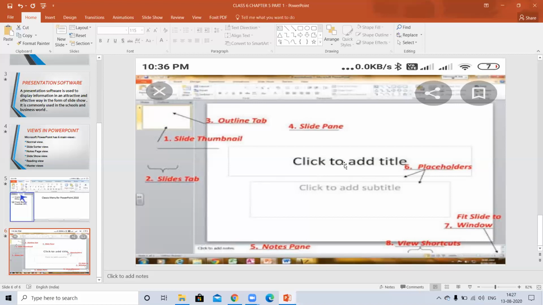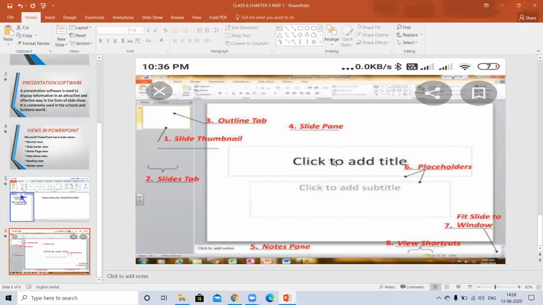In this slide pane, on whichever slide you are currently working, it will show the view of that current slide. You can add text here, pictures from clip art or from your file, graphics, and tables. Those are all things you can do only in the slide pane. So everything you can insert here: all types of charts, text boxes, sounds, everything you can insert in this slide pane only.